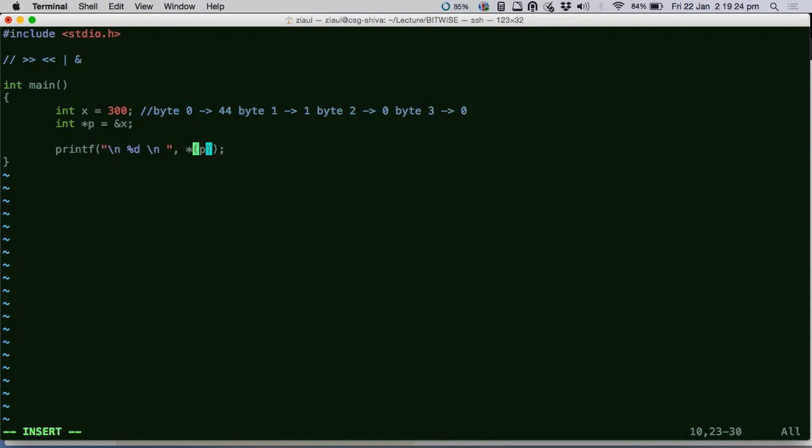Exactly. Do you understand, guys, why this pointer p is not going to give us the value of the first byte? Because the value will be interpreted as an integer. It will not be interpreted as a 1 byte value now. It will take all the 4 bytes starting from that address. It will give you the address. There's no issue with that.